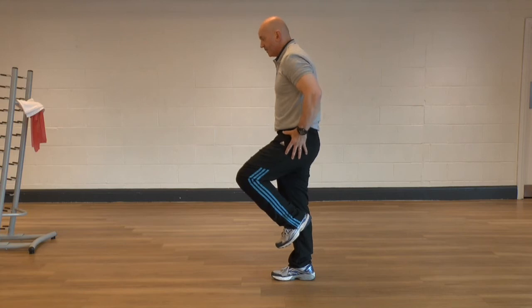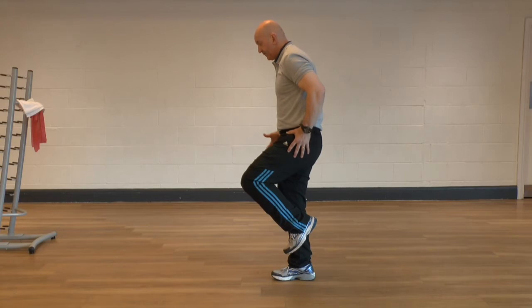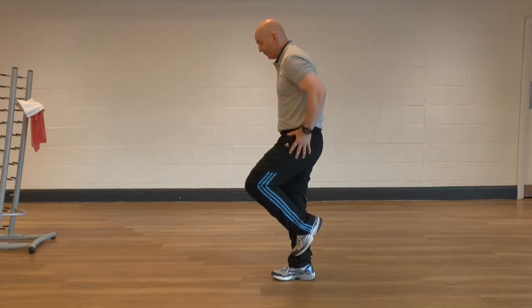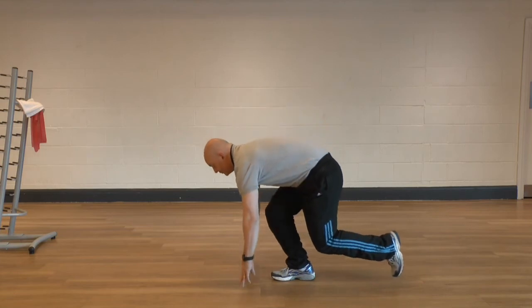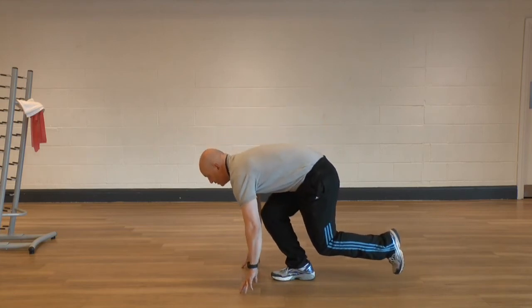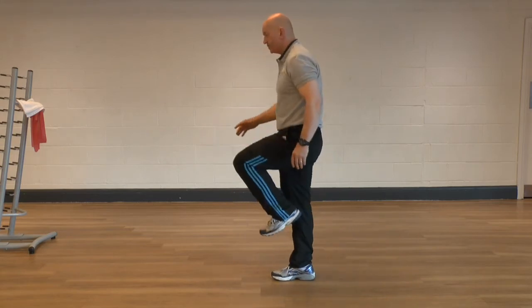Again, remembering that the hips should be across to the weight bearing side, the weight feeling slightly more down the outer border of the foot. So we drop down, we can gain a little bit of balance through the fingertips, just touching the floor to steady ourselves, and then we can come back up to a straight leg position